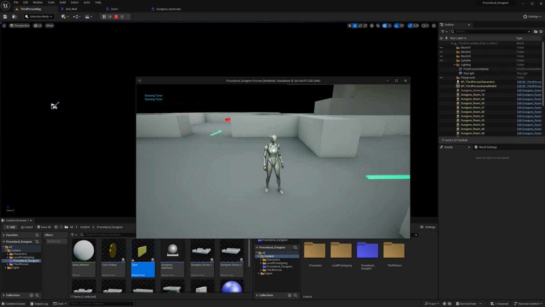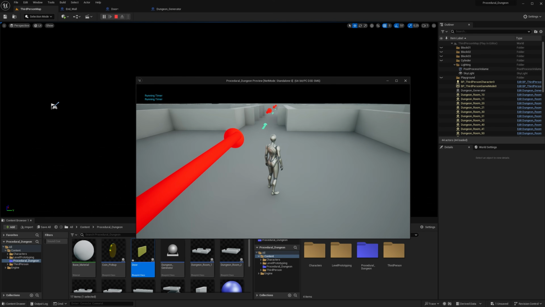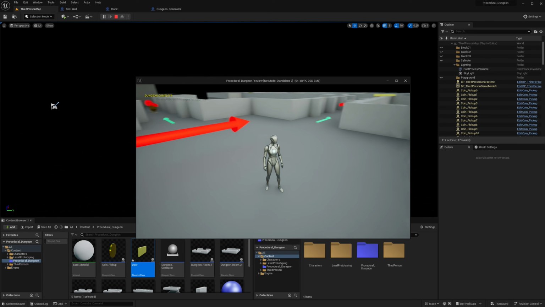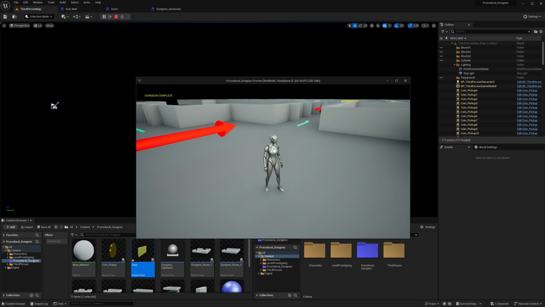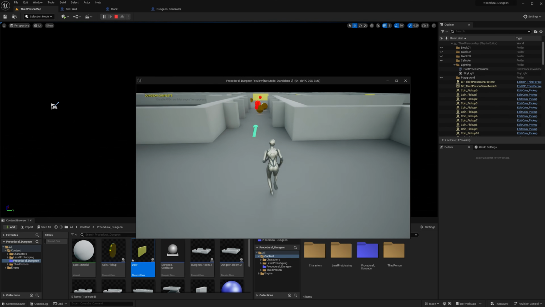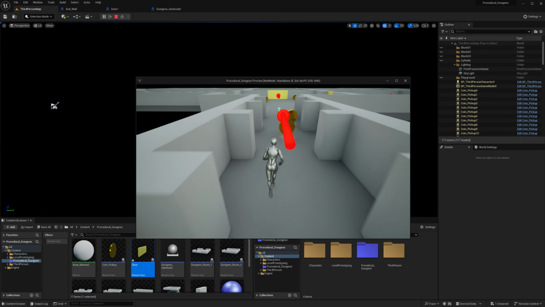Dungeon broken. Oh, it made a new dungeon. The dungeon broke. So that's why we have the fail safe system. So if the dungeon messes up, then it will just redo it. Okay, why are the doors so far away now?